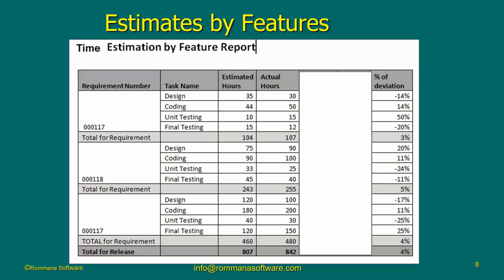What if the customer comes back and says 800 hours, how many days are those? I don't have that much time. Then what do we do? We're not going to be able to say, well, then we don't have to do testing. Then we have to cut down on the final testing here. We can do only 50 hours. Well, testing is testing. If you estimated that you need 120 hours, you need 120 hours. If you estimated 15 hours to do the testing for this feature, that's what it is. So you cannot cut down on the time for tests, but what you could do is remove a whole